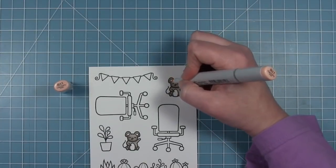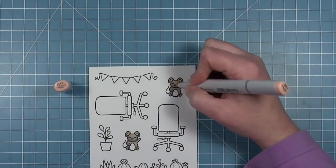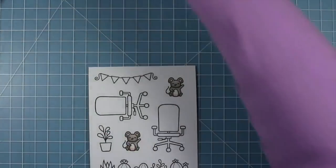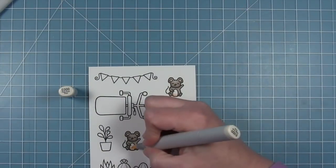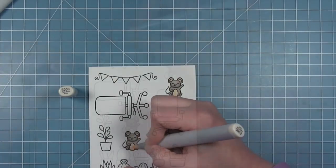I'm going to use the R11, which is a very pale pink for the inside of his ears. And then I'm actually going to put a little bit of that at the bottom of his belly, and then I'm going to blend it out with my E000 so that you get this just slight pink to cream tone